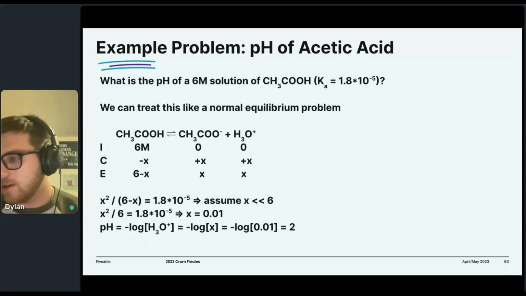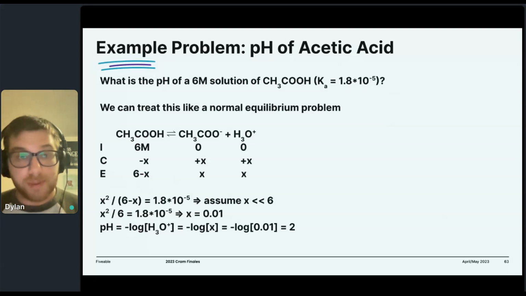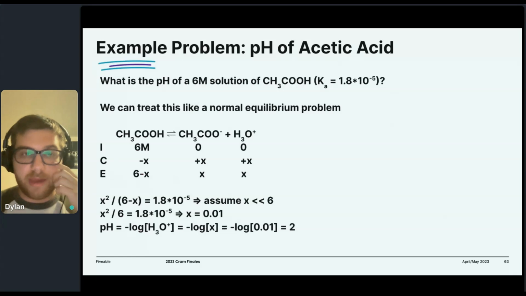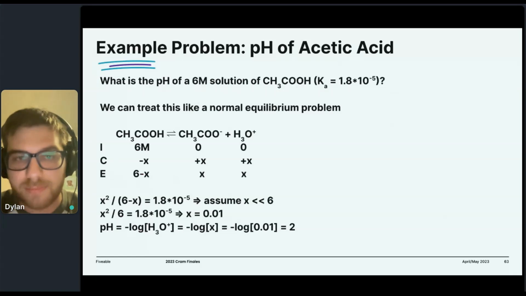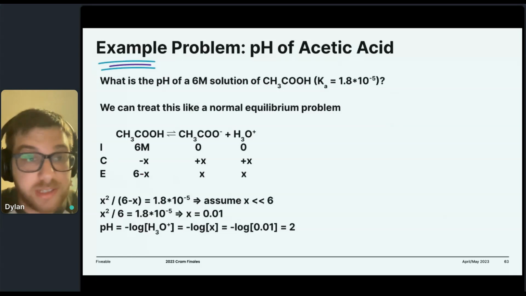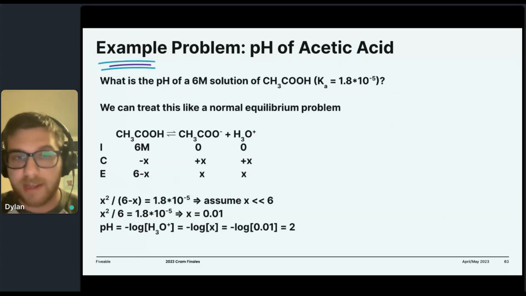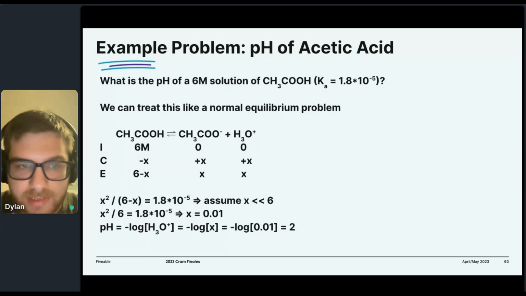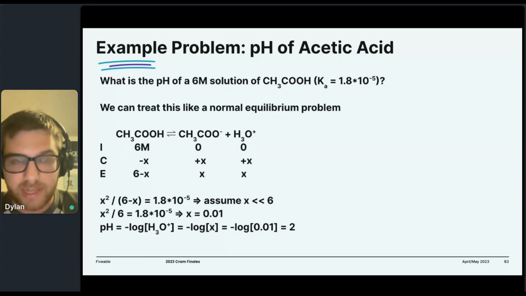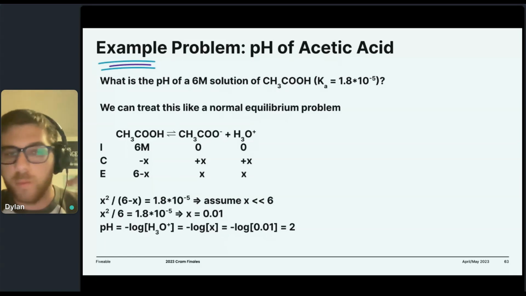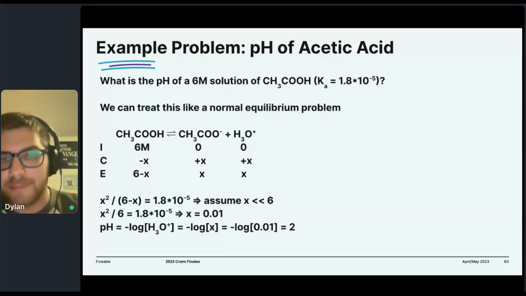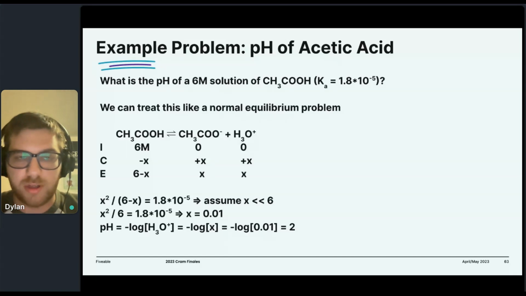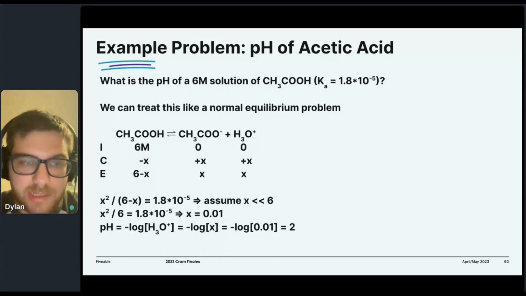Okay, so now let's look at actually applying these things. So we know that the Ka of acetic acid is 1.8 times 10 to the minus 5, and we are asked to find the pH of a 6 molar solution. This is just an equilibrium problem, right? Break out those ICE tables, drop the ICE table hype in the chat. Exact same process. We start with 6 moles of acetic acid and 0 of the products. We lose X of acetic acid and gain X of our products. We get 6 minus X moles of acetic acid and X moles of H plus and CH3COO minus. We can plug that into our